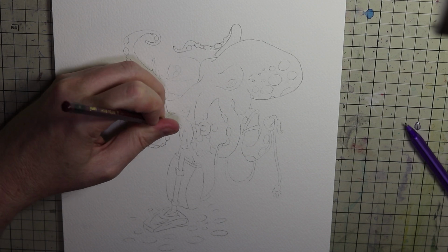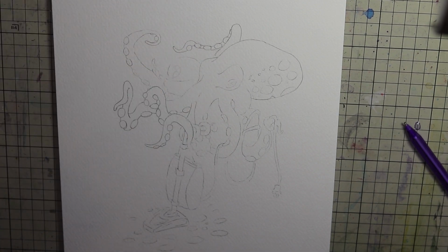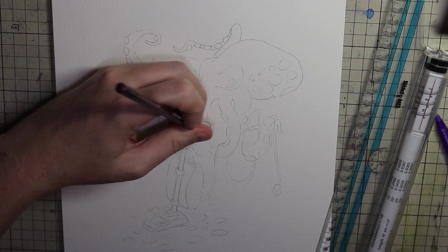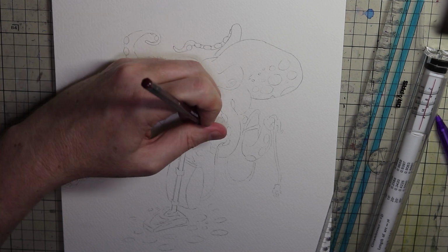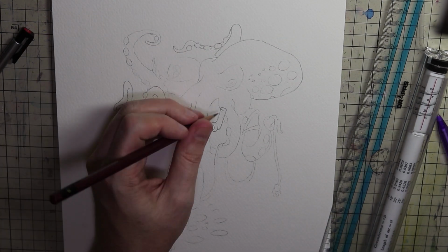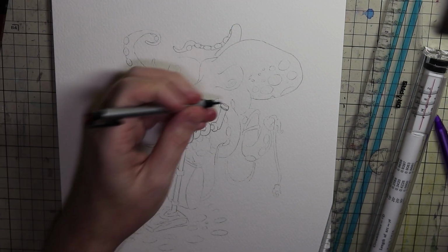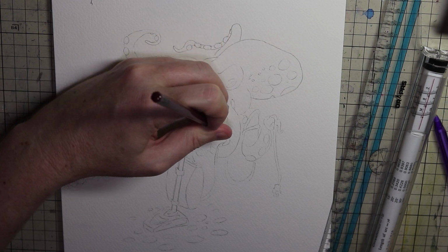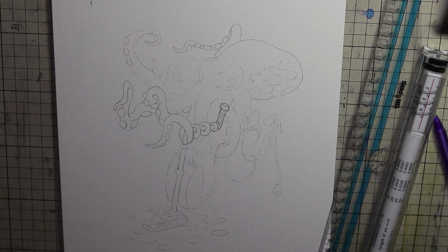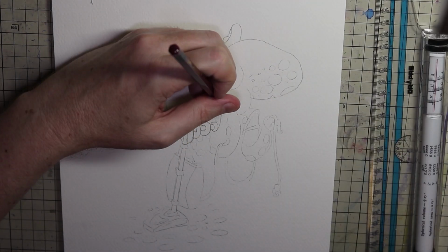And I then used an eraser to rub out many of the lines, but I decided that I wanted the lines a little bit more visible for when I'm going to be painting with the ink, because I wasn't sure if I would get confused or mixed up as to where things would be going if I couldn't see things a little bit better. I also made a few alterations to the drawing at this stage, even though it's on